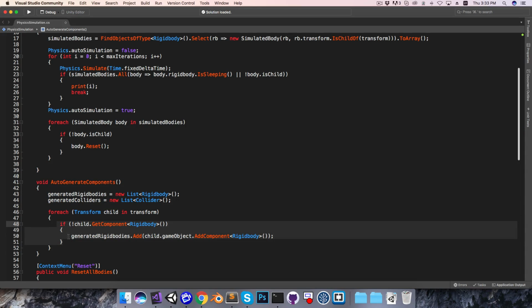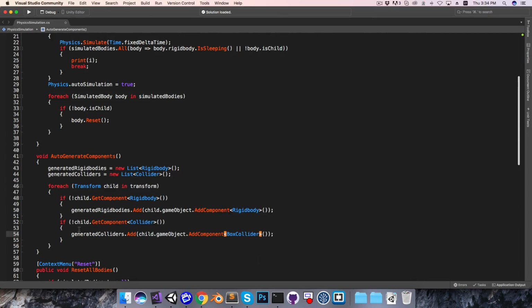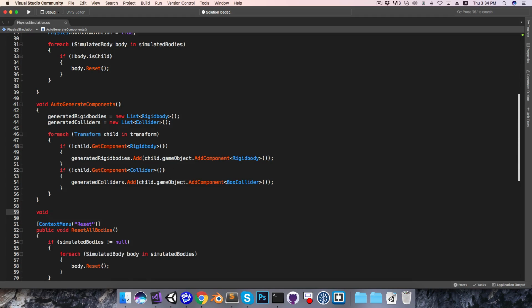And I'm going to copy this and just paste it and replace rigid body with collider and generatedRigidBodies with generatedColliders. And instead of adding a rigid body here, we'll be adding a BoxCollider as the default type of collider. And then we just want a method to